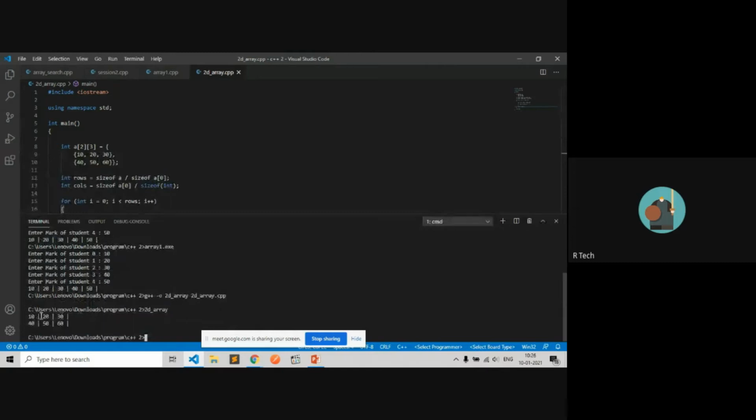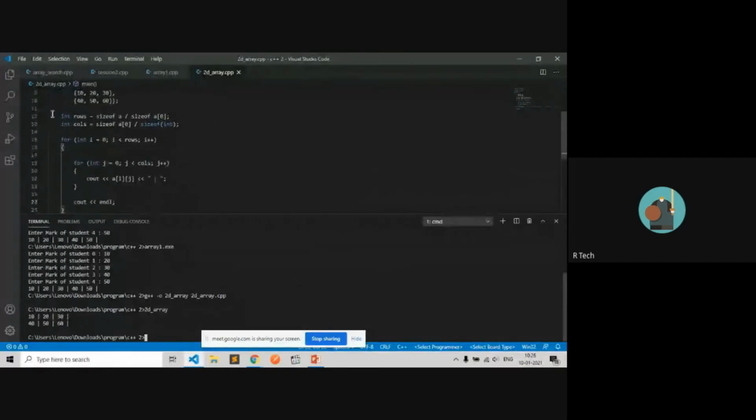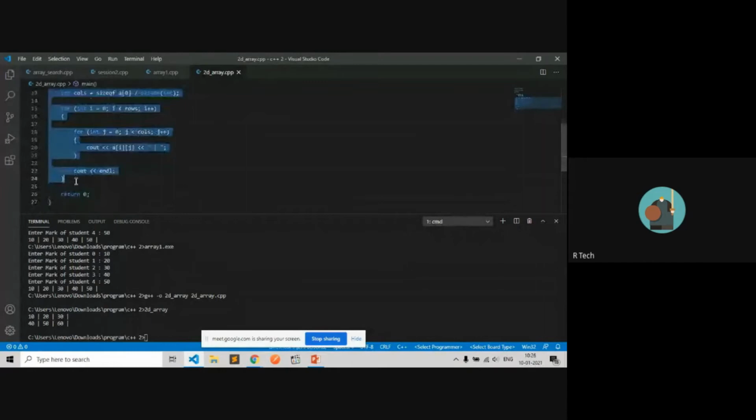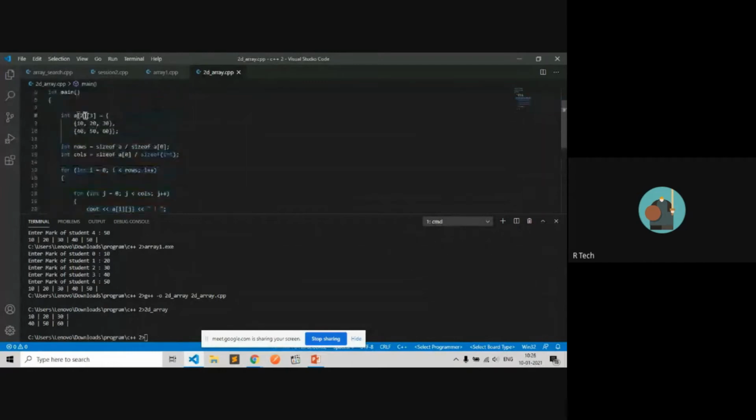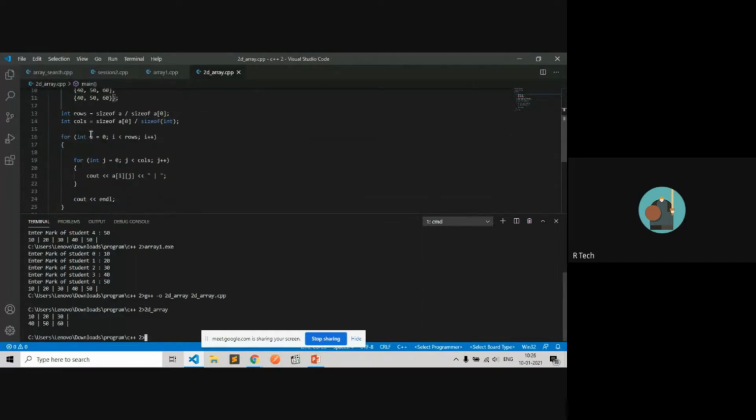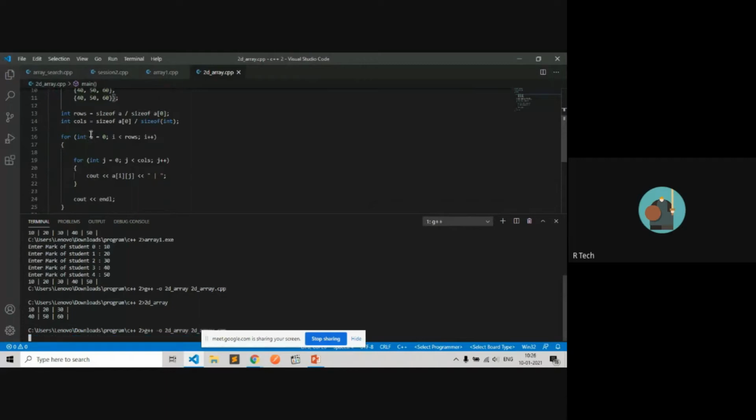You can check here the number of rows is 2 and the number of columns is 3, but the array is printed dynamically. If you change the number of columns and rows, compile and run.